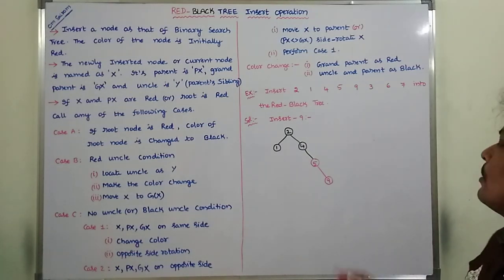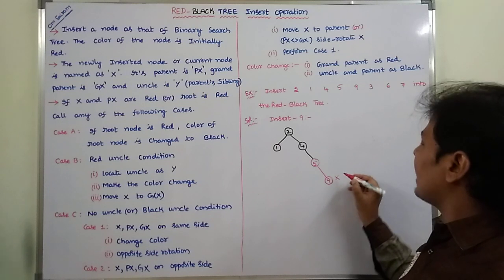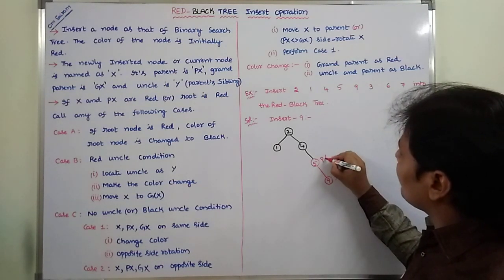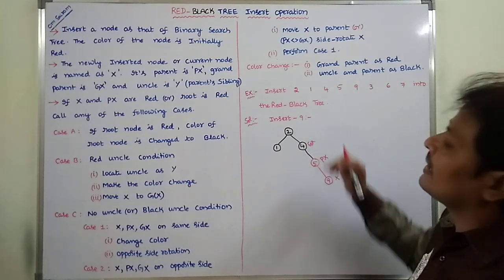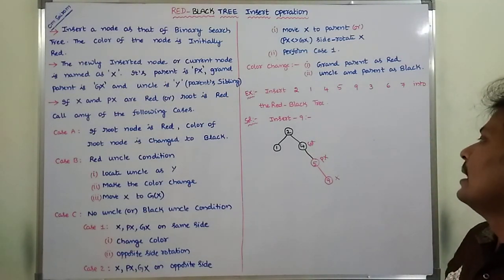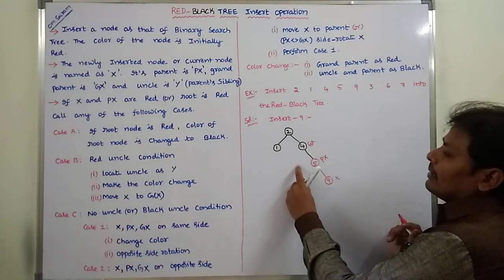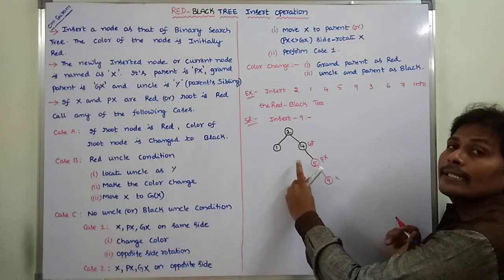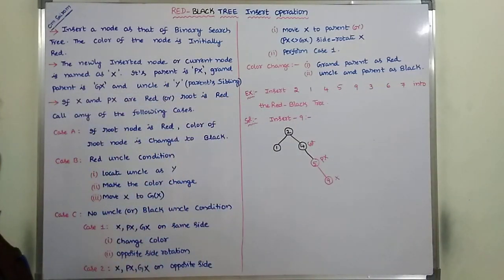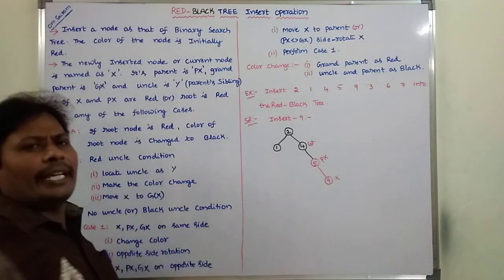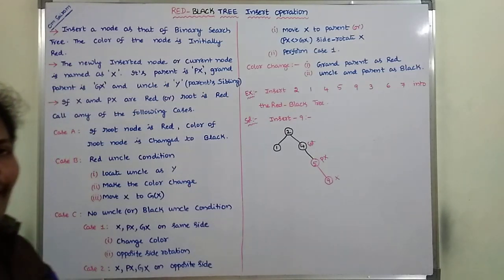Okay. So now the newly created node is a red node and it is denoted by x, its parent is denoted by px, and its grandparent is denoted by gx. Here the parent's sibling, or grandparent's other child, is not there. Now is this a red-black tree or not? This is not a red-black tree because in this path two consecutive red nodes are there.